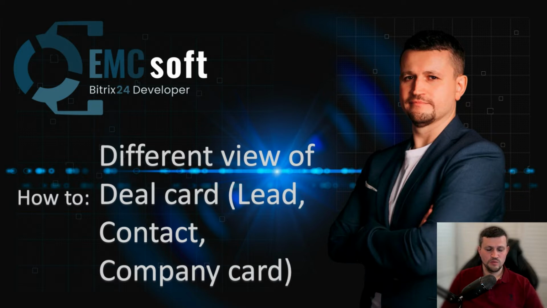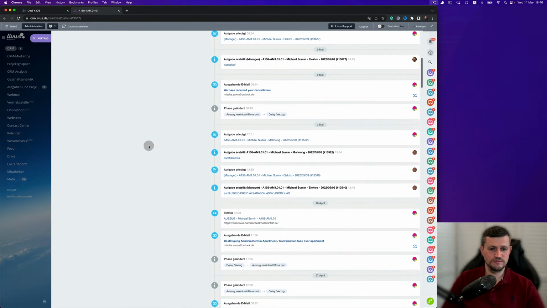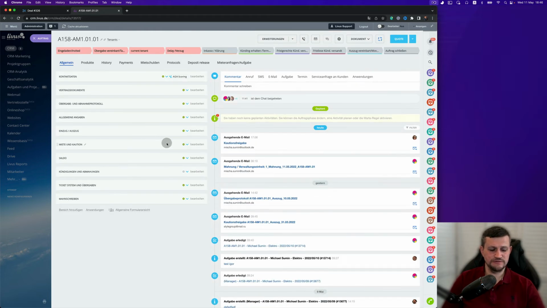In one of my previous videos I showed that inside of a self-hosted Bitrix we can create an accordion, where you go to sections and may collapse or expand them. This is very important when you have a lot of sections with many fields inside, so you can navigate through the sections and do not scroll too much down and up to see the particular field you need